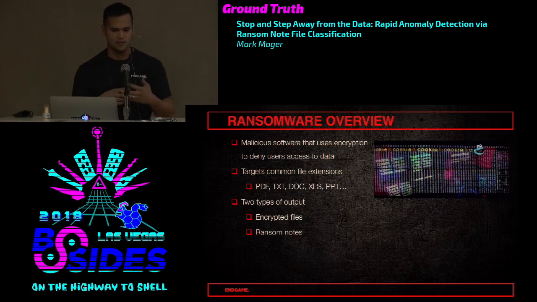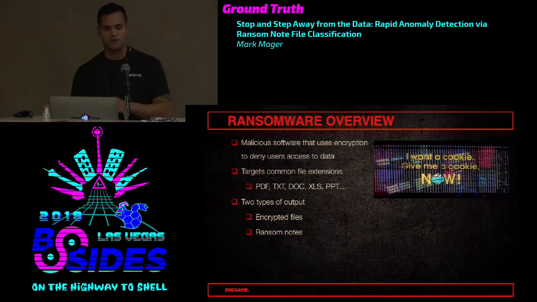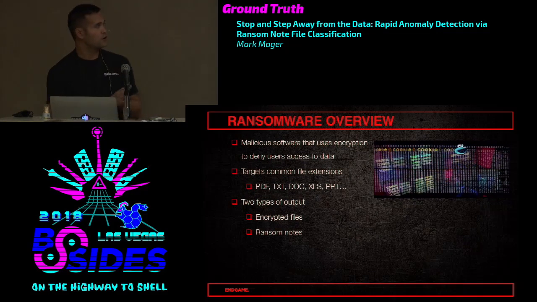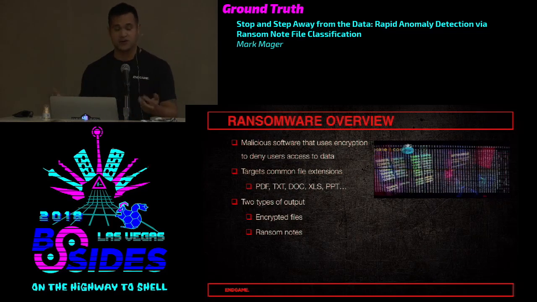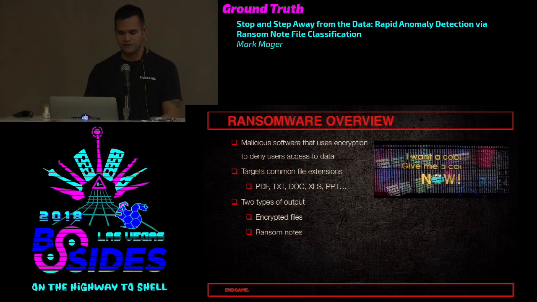Basically, they want to get the most bang for their buck without encrypting every single file on your hard drive and making the system completely useless. There are two types of output produced from ransomware. The most obvious is encrypted files. And then typically it's also going to produce ransom notes on disk,